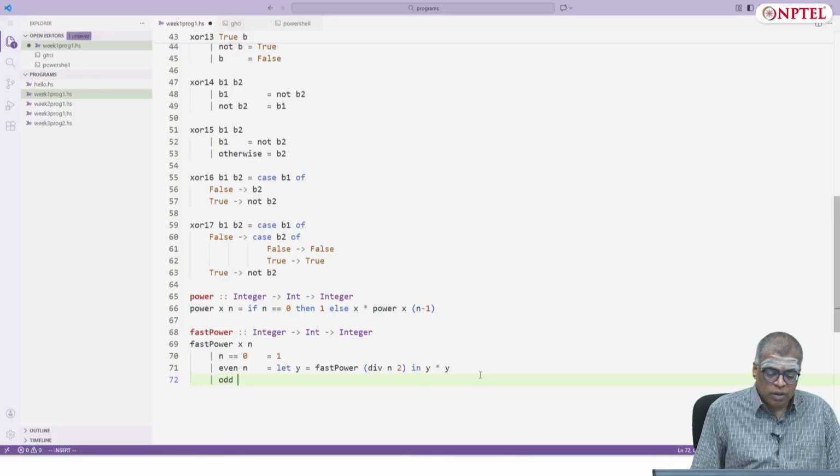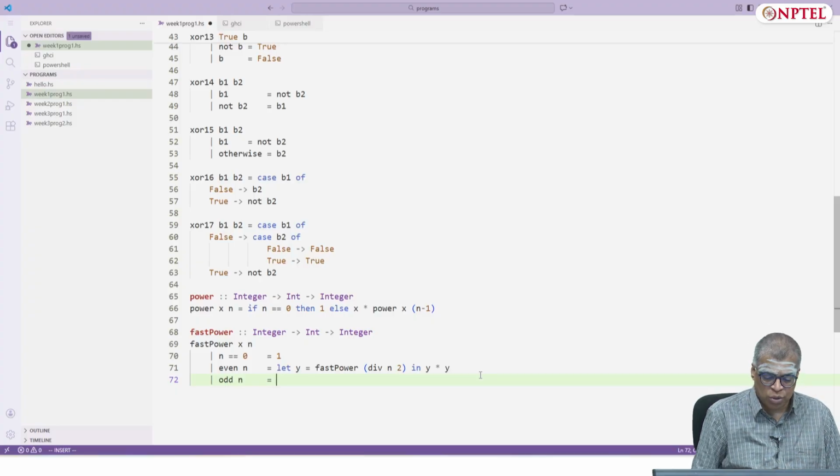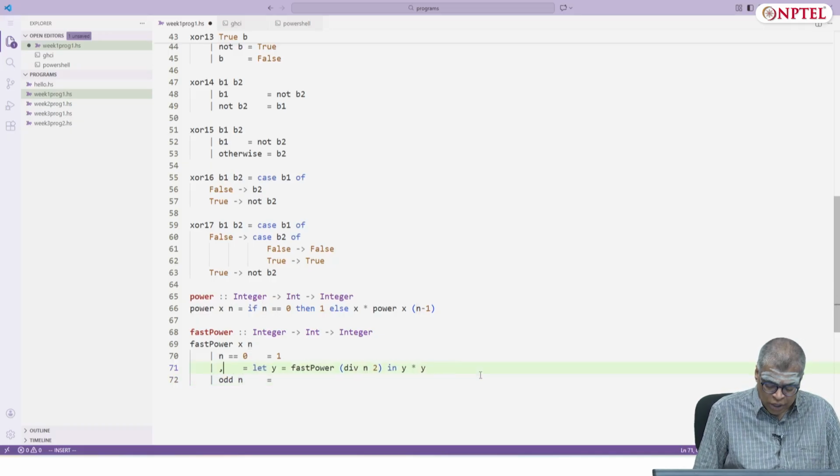If n is odd, even and odd are two predicates that are defined in Haskell. A predicate in this case is of type Int arrow Bool or Integer arrow Bool, and it will return True or False depending on whether the condition is true or not. If you don't want to use this, you can also explicitly write the condition: n mod 2 equals 0.